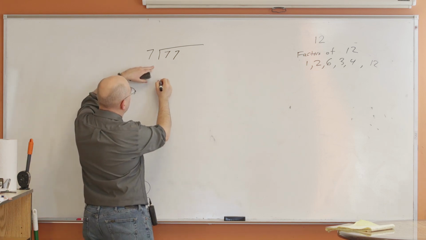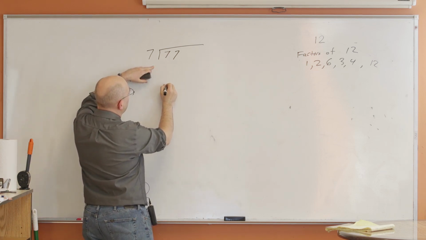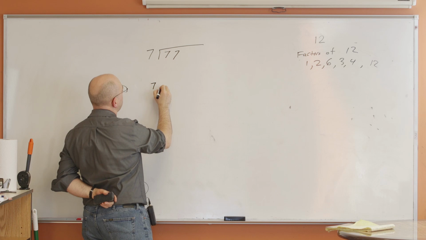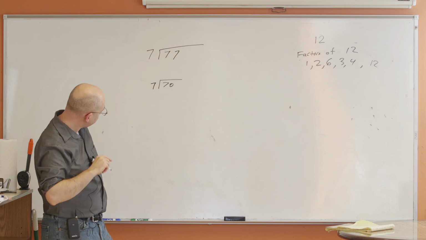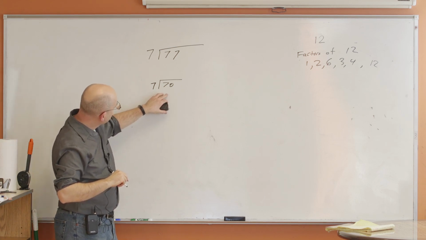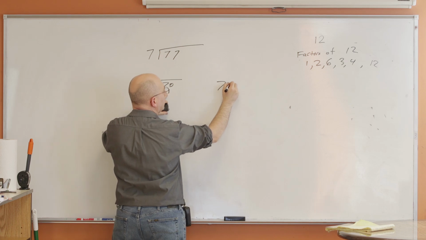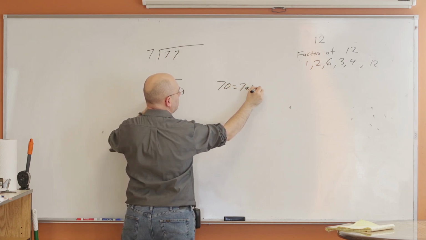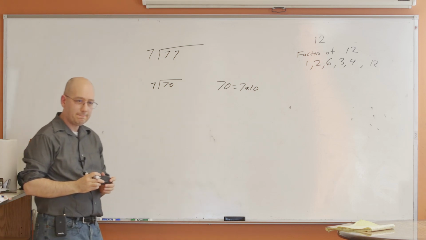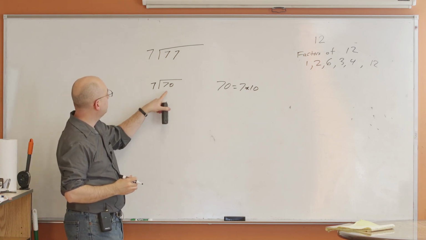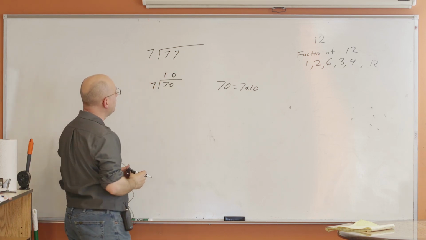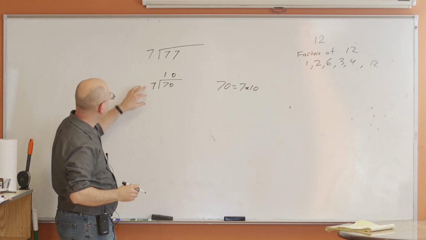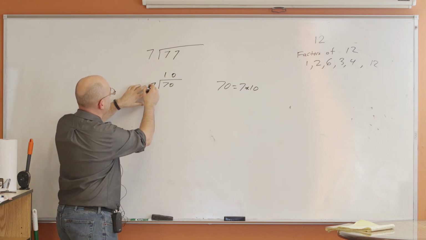So what does this mean? Well, let's build it up. 7 into 70. Seventy is 7 times 10, right? So 7 into 70 would be 10 because of this. So the way we think about this is we say, okay, we got the 7,